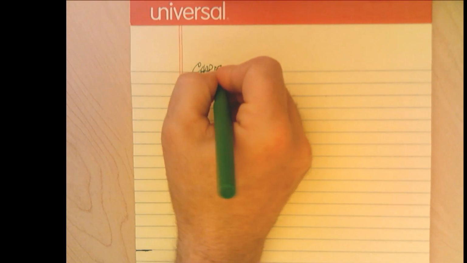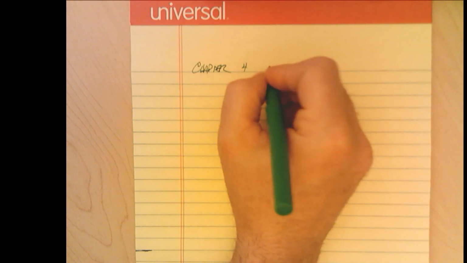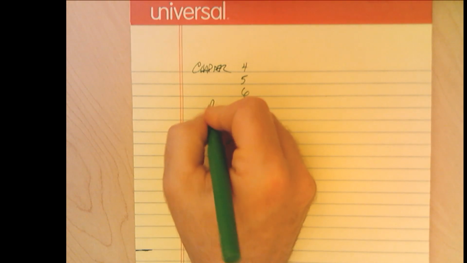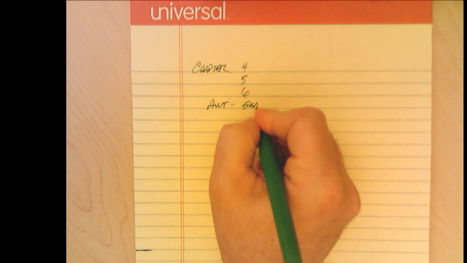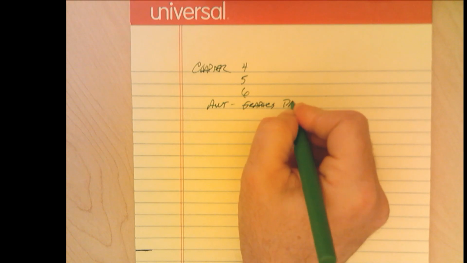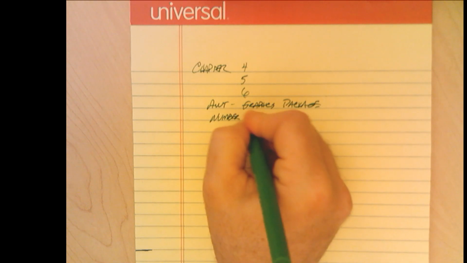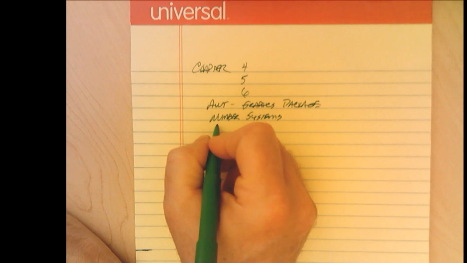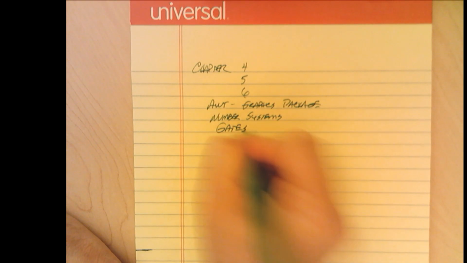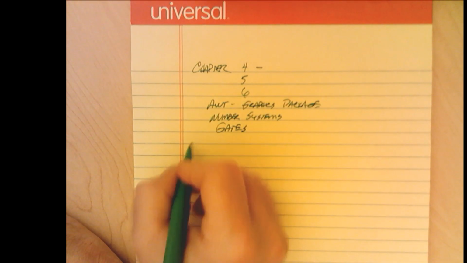So chapters you need to worry about. Chapters 4, Chapter 5, Chapter 6. Also got to review AWT. That is that graphics package. You also need to worry about extended number systems. You also need to worry about and review extended gates. Right? So, Chapter 4 in general